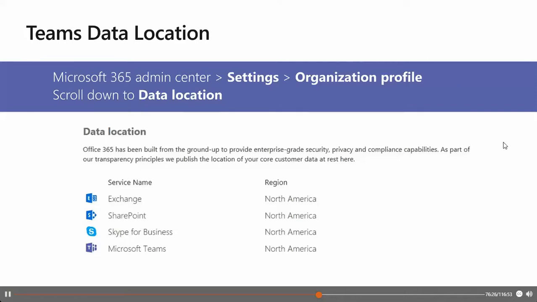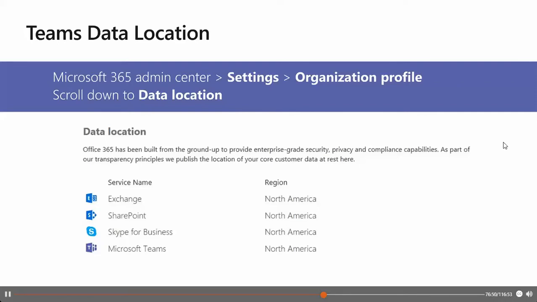So a new tenant is defined as any tenant that hasn't had a single user from the tenant sign into Teams. Existing tenants from Australia, India, Japan, South Korea will continue to have their Teams data stored in the APAC region. Existing tenants in Canada will continue to have their data stored in the Americas.